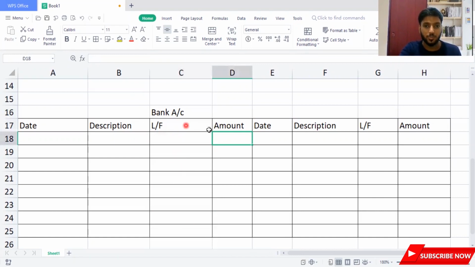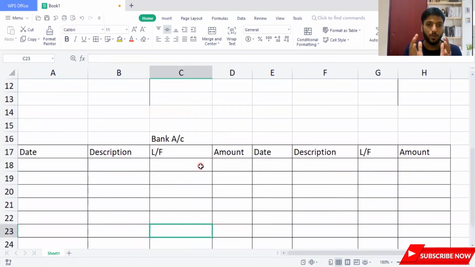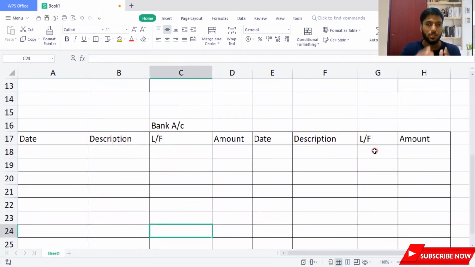Maybe don't take this much of a gap, because already I have taken this ledger account. So when I adjust this ledger folio size, the ledger accounts also will be adjusted. So for the ledger folio, leaving a small space in your paper is more than enough, guys, to score better. So let's start with the first adjustment. I'm ready to start. I hope you are also ready to start now.